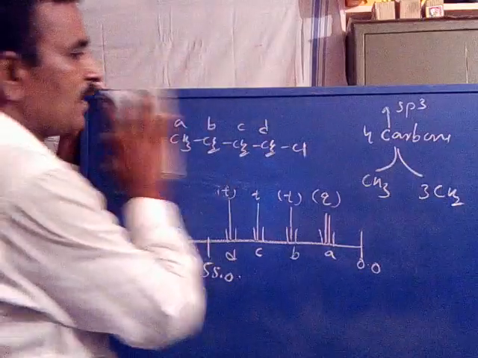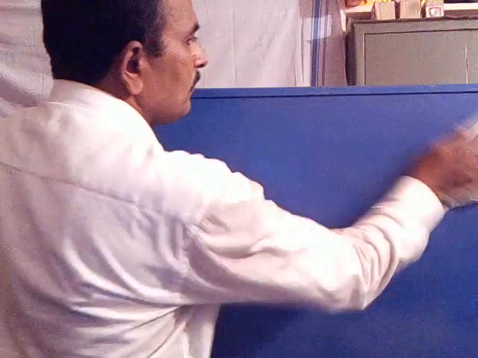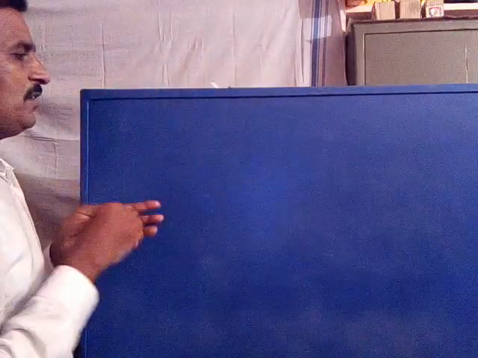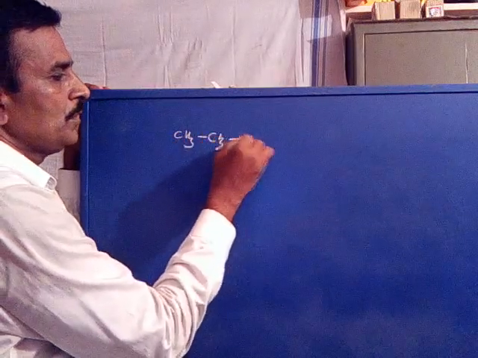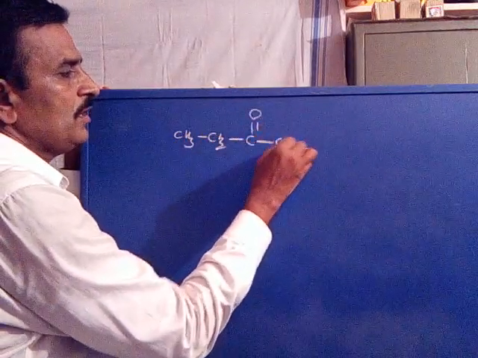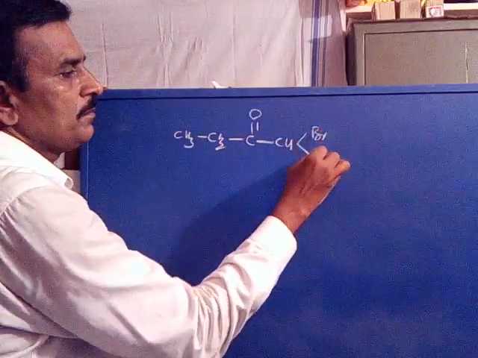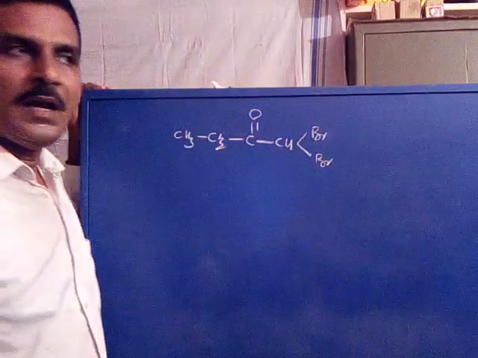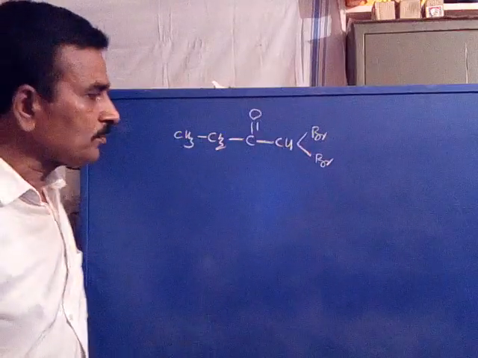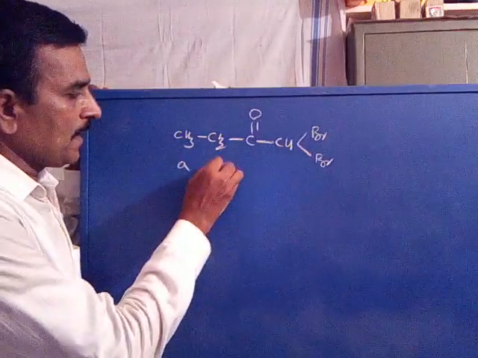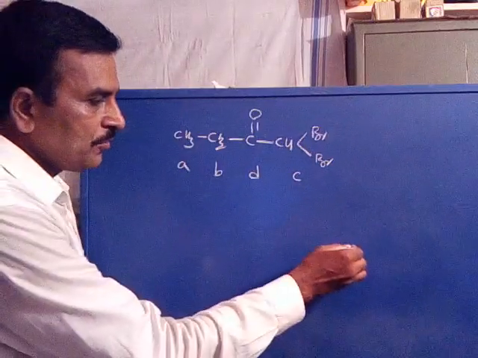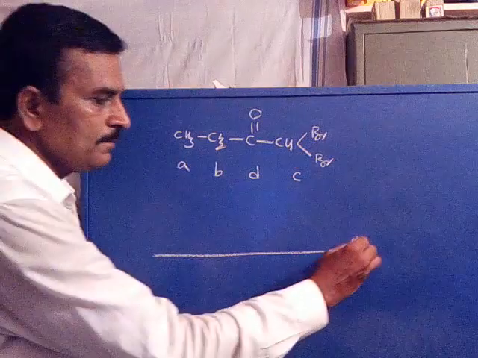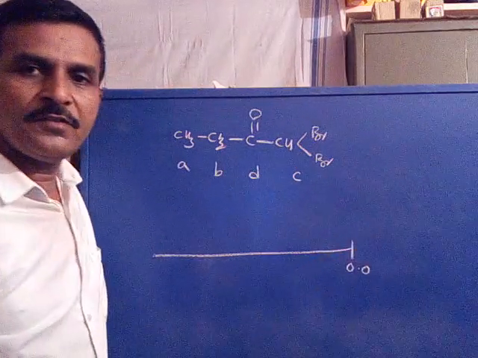Now we will discuss another example. Let us discuss taking another example. CH3, CH2, C double bond O, CH, Br, Br, alpha alpha dibromobutanone. Carbon A, carbon B, carbon C, carbon D. So its spectrum contains, this is 0.0. Its spectrum contains